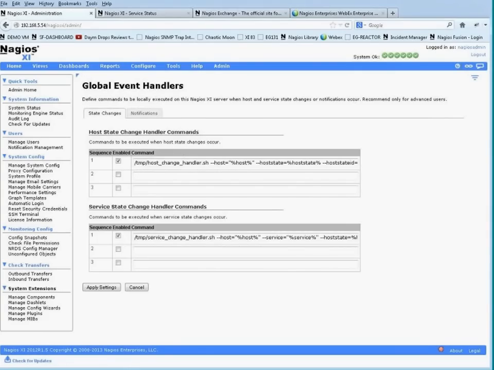We can turn this on to basically fire any shell script that we want, passing in all of the macros that are available from the XI system, and those can all be passed right on the command line. And every time a specific state change happens for a host or a service, it will fire this script from the shell,